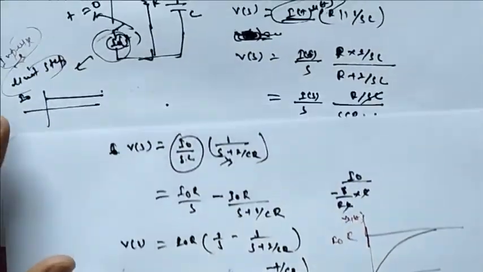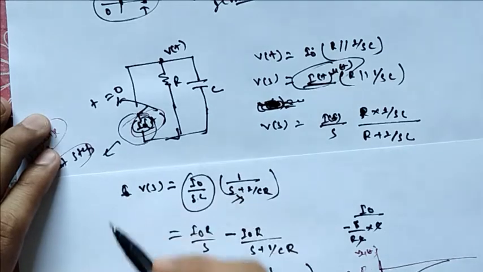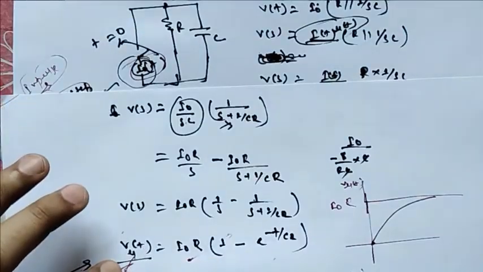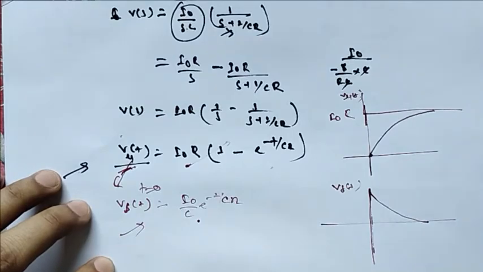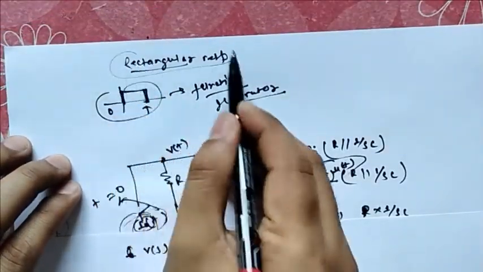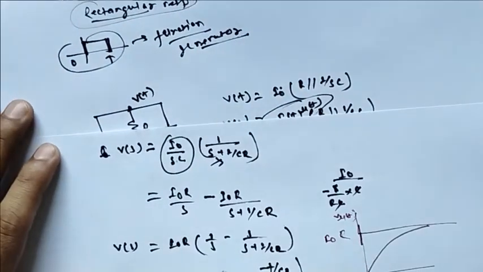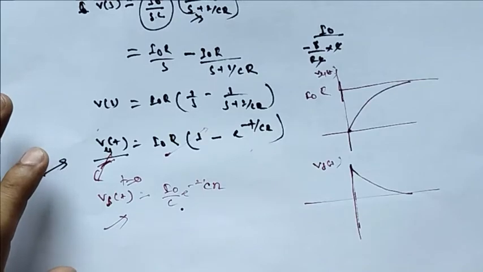Now here I have taken this problem. Here I have given the current, and we have taken the response v of u t, the step response, and then by differentiation we have calculated the delta response. But our topic was to calculate the rectangular response. Now the second question that I am going to put here.